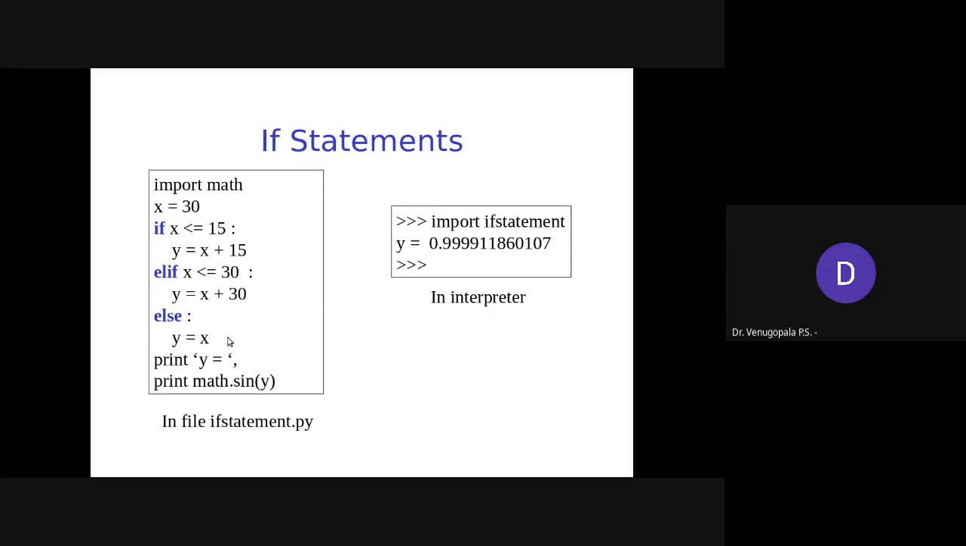If followed by a condition, then elif, which should be followed by a condition again, then else. Anyway, we know the sequence of how it executes. We all practiced in the previous language. If the statement is true, that statement gets executed. Otherwise, it will come to the elif part. Otherwise, it will come to the else part. That is the default one. If none of the statement conditions are true,